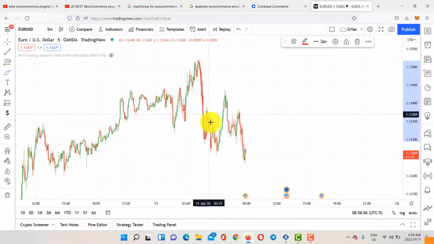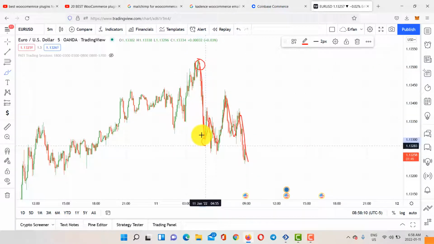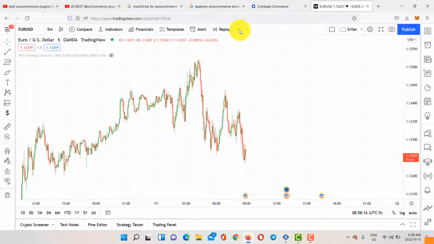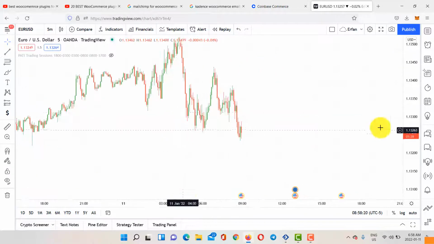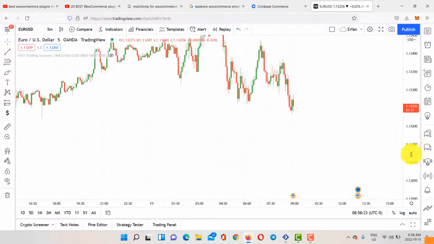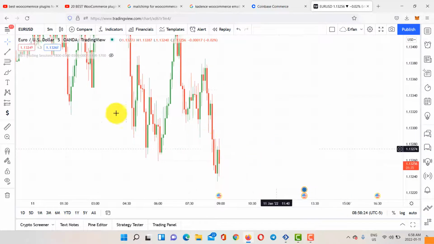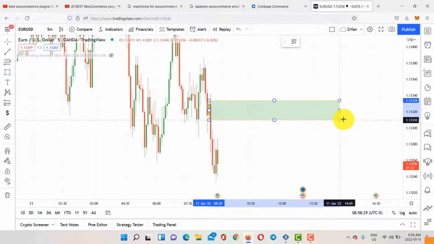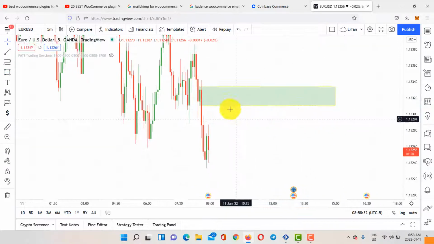So right now in 5 minutes we can see that the market is creating lower lows and lower highs. So it's kind of downtrend, lower highs, lower lows. So we need to kind of find all the gaps that are available right now that can help us identify the trend. So right here I can see a gap here,